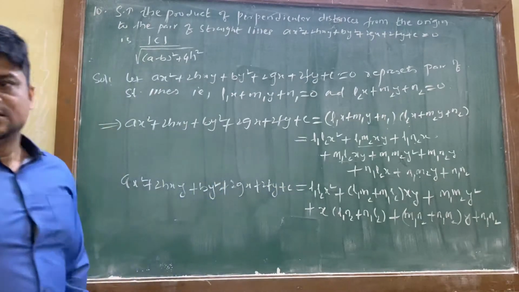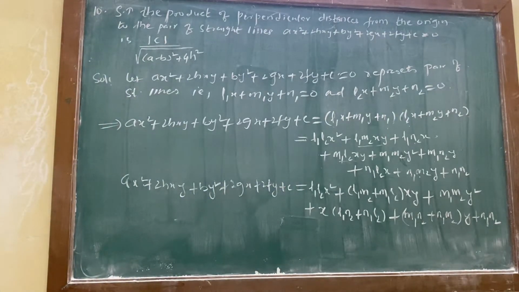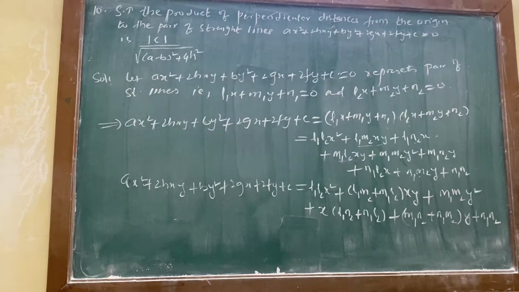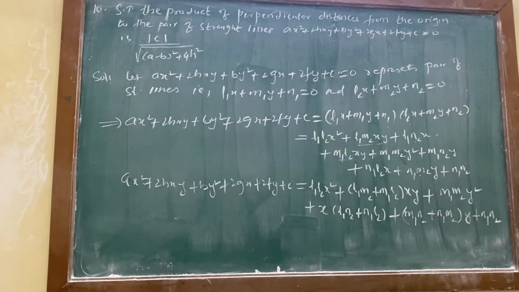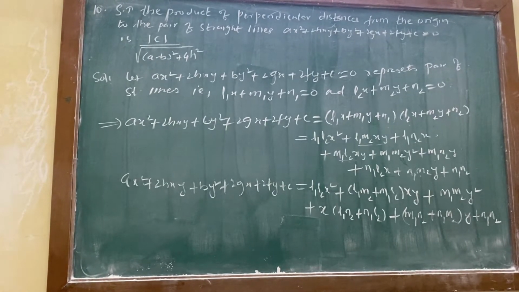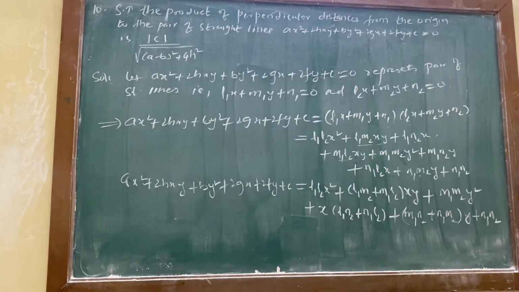plus c. See, when we have a pair of lines equation, what we have done? We have to consider 2 lines, L1x plus M1y plus N1 and L2x plus M2y plus N2. The 2 equations we have to multiply, then we have to equate coefficients now. To equate them,